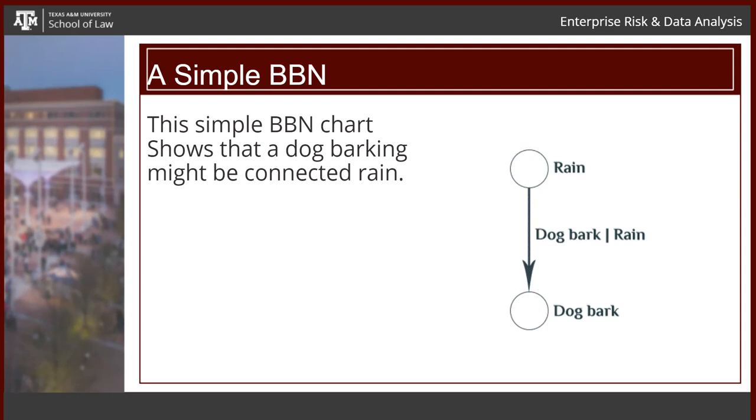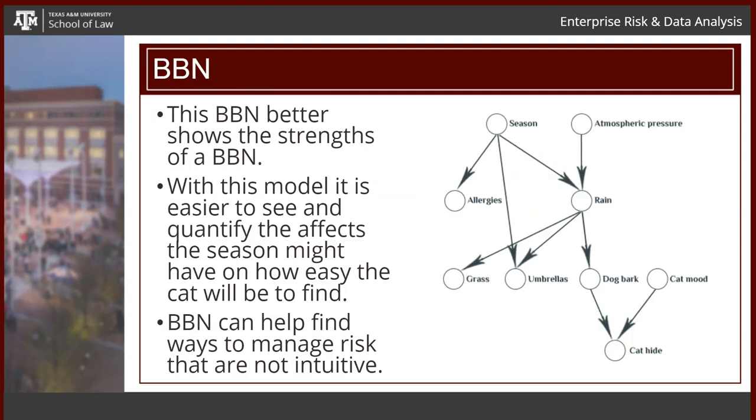So again, it's a simple BBN chart. If it's raining, what's the probability that if the dog barks, he's barking because it's raining? I have a dog that has a problem with thunderstorms, right? So if he barks, the question would be, is he barking because he senses a change in the weather, which usually happens, or is he barking because he sees someone walking down the street? It's all probabilistic. As you build these models, you begin to see some of the strengths of the models, but also where the proper applications are.